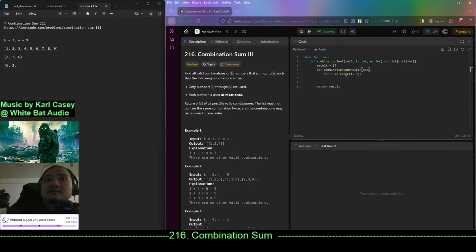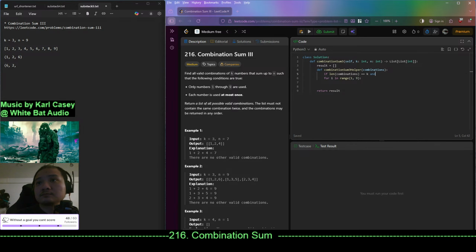Which is like a list. Call this combination, and then the base case is if length of combination equals k,